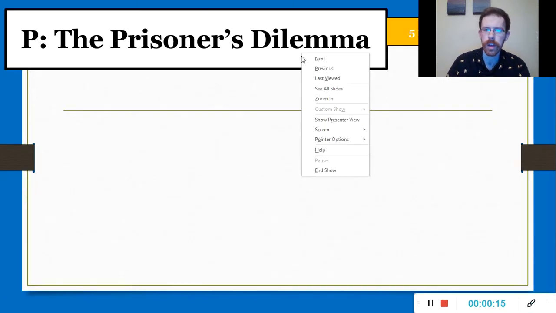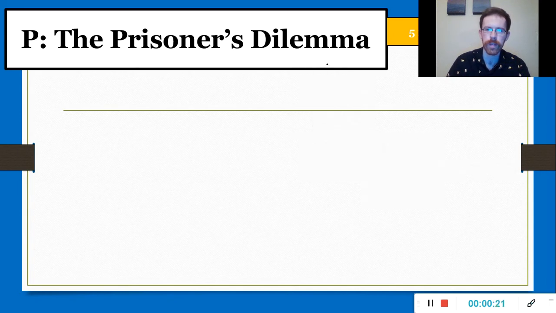Today, for our little 5-minute adventure, or 5-10 minute venture, we're going to talk about a famous mathematical dilemma, a mathematical question called the prisoner's dilemma. And if you've heard anything about game theory or the prisoner's dilemma, then you probably already know a little bit of what we're going to talk about. But it's mainly a question about a situation: what should we do, and why is it important mathematically?